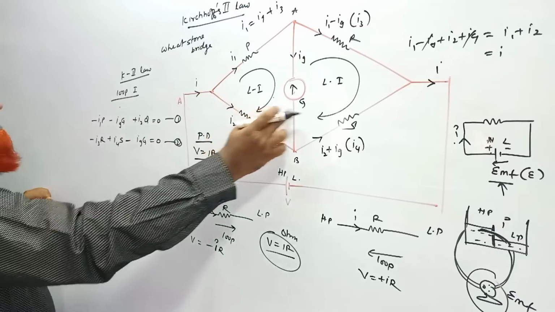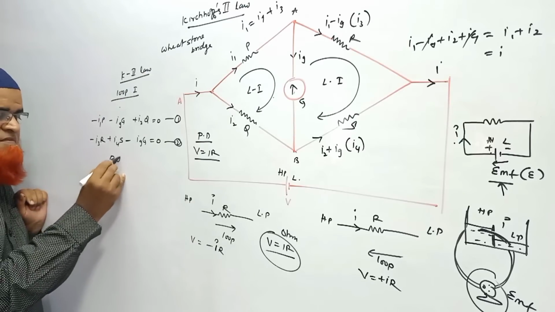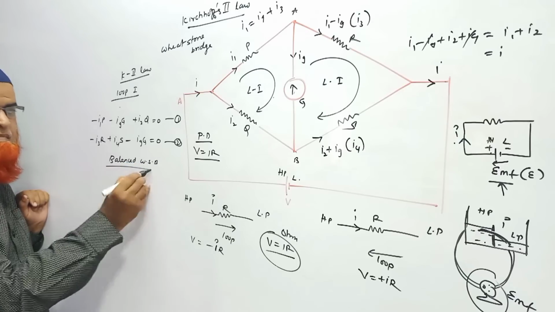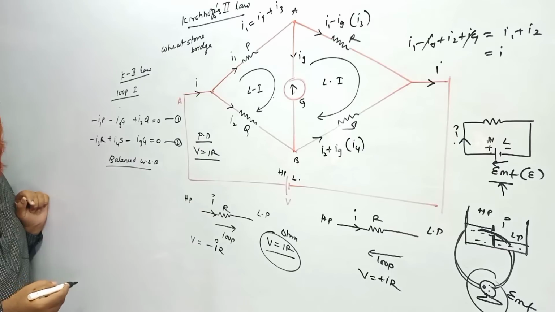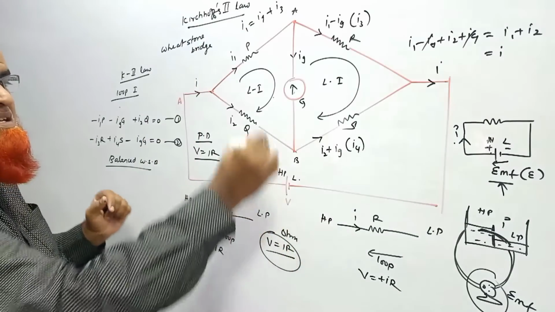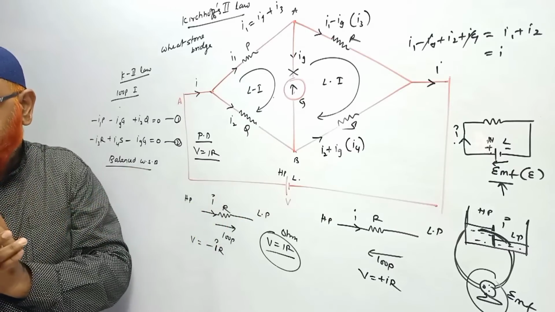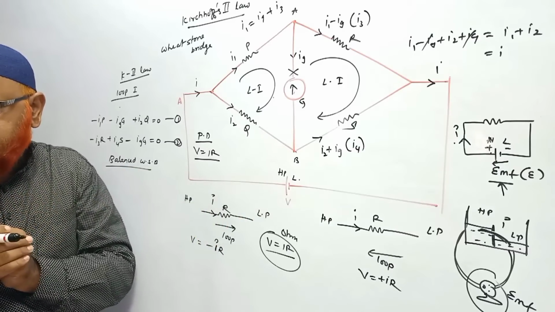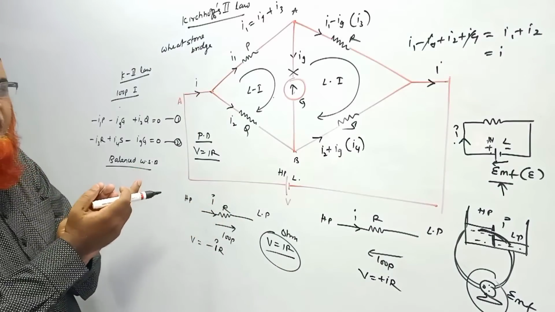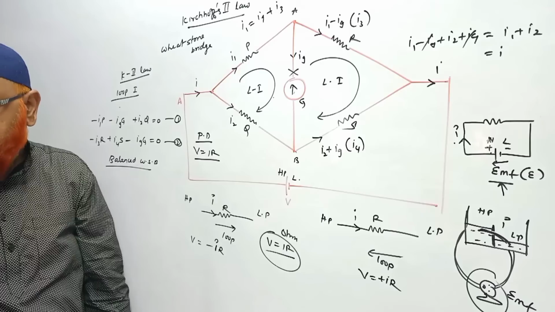Now, if the Wheatstone bridge is balanced, okay? Balanced Wheatstone bridge. What is the meaning of balanced Wheatstone bridge? The circuit resistors are connected in such a way that if there is no current passing through this galvanometer, then the balanced Wheatstone bridge is considered. When is it called a balanced Wheatstone bridge? When the resistors PQRS are selected in such a way that no current passes through the galvanometer, then it is called a balanced Wheatstone bridge.